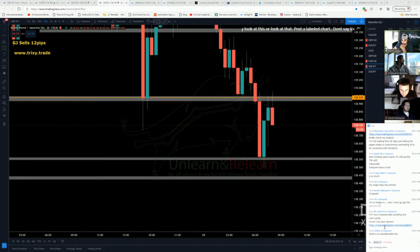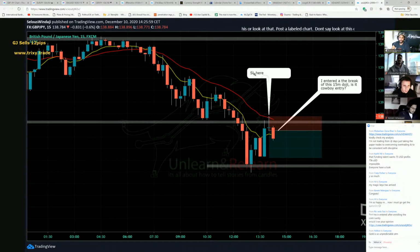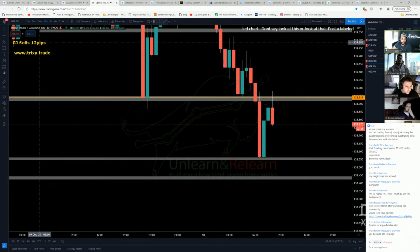First trade entered after enrolling in the community. Oh, nice, look at this. Let's take a look here. So you entered a sell when the 15-minute broke the low. I entered at the break of the 15-minute doji. Is it a cowboy entry? I think it's pretty good. It's aggressive, but it's a good entry because we are having that retest, and